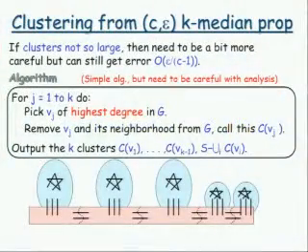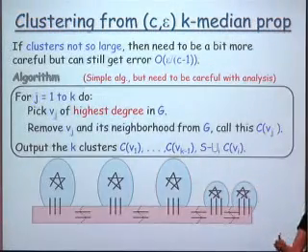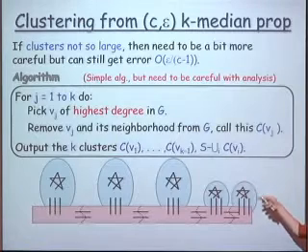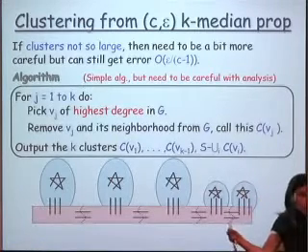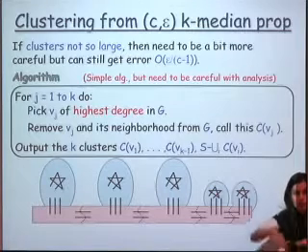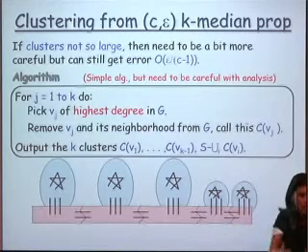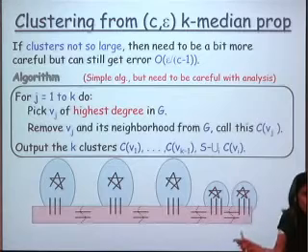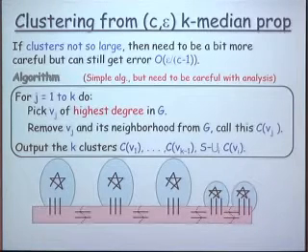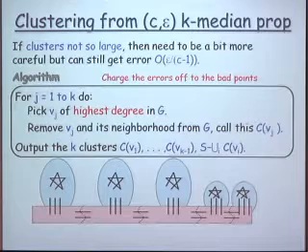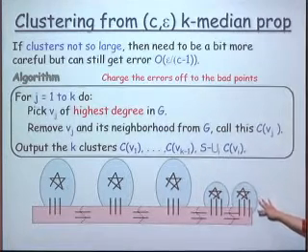What we do, just as before, is construct the graph G, where we connect 2 points if they are within distance 2 times the critical of each other. Then we pick the vertex of the highest degree in the graph G. We pull out its entire neighborhood, and we just repeat. Again, pick the vertex of the highest degree in G, pull out its entire neighborhood, and repeat. And now what we can show is that this algorithm gives us a clustering of small error rate. The main idea here is to basically charge off the errors to the bad points.